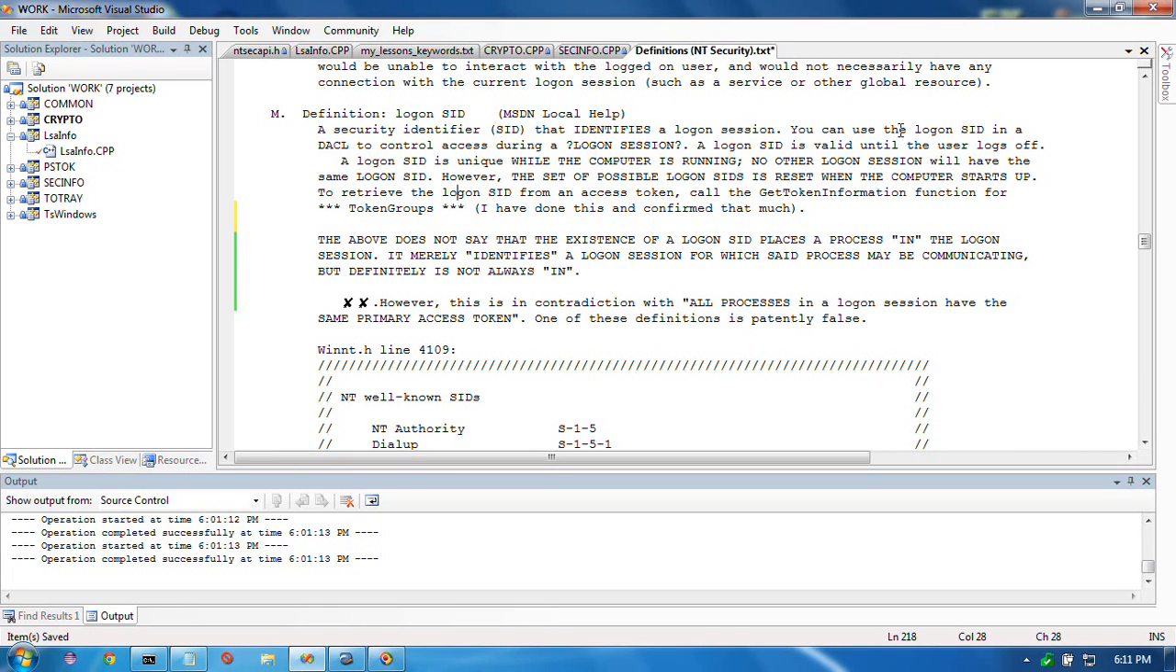Now, the logon SID is valid. The logon SID is unique. No other logon sessions will have the same logon SID. That may be true. However, the set of